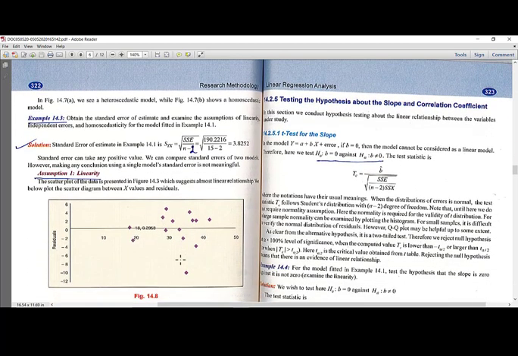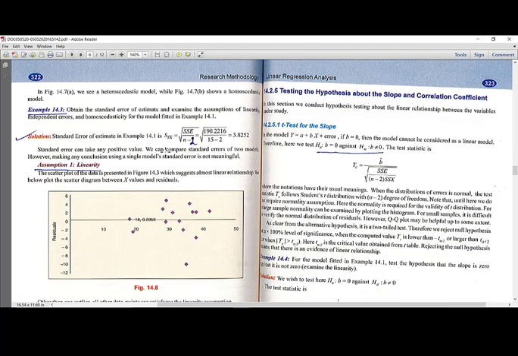Now let us take another example. Obtain the standard error of estimate. Actually, we are continuing the first example only and the various additions we are making to that problem. Obtain the standard error of estimate and examine the assumptions of linearity, independent errors, and homoscedasticity for the model fitted in the first example. The solution is standard error of estimate is